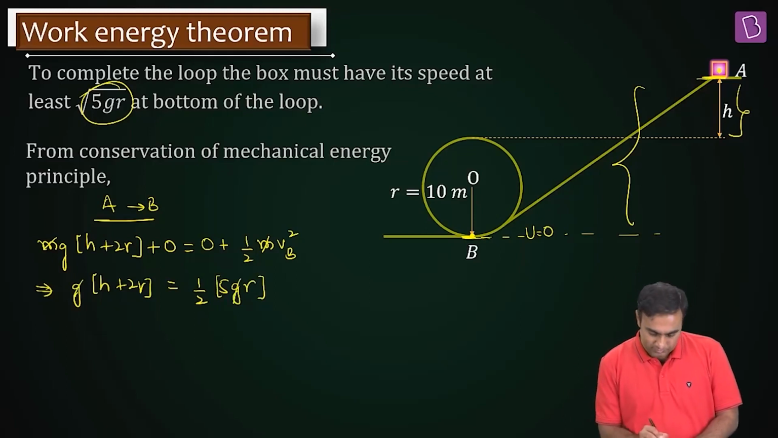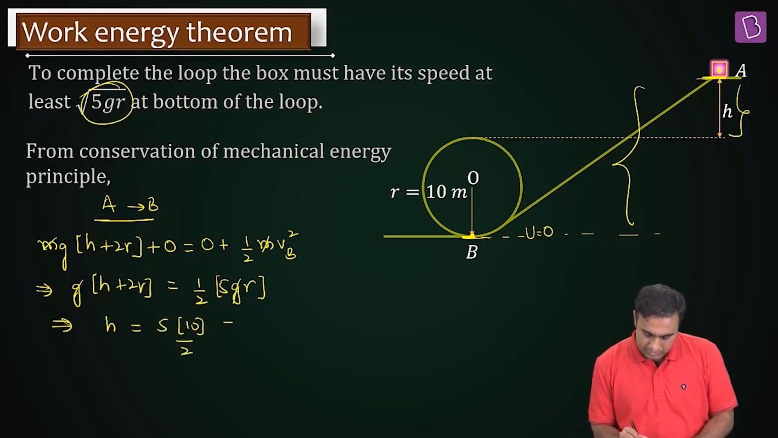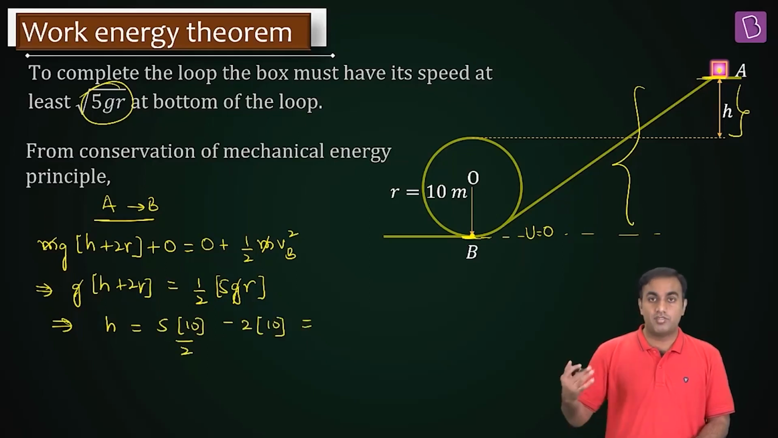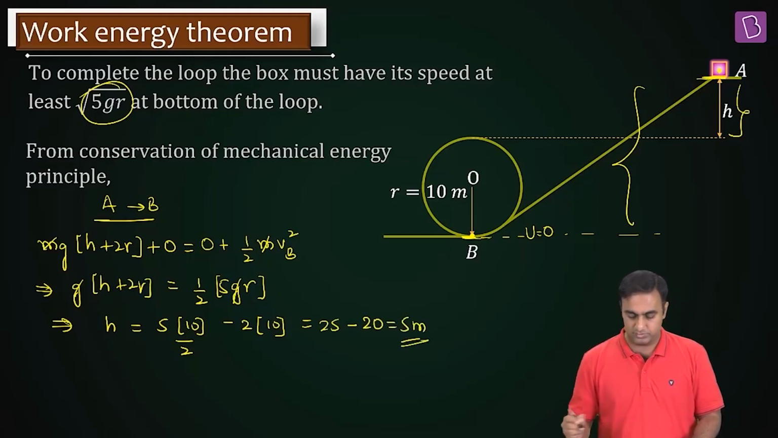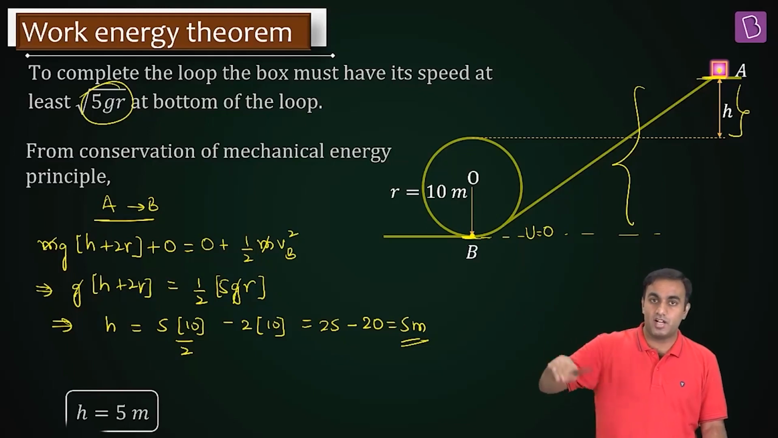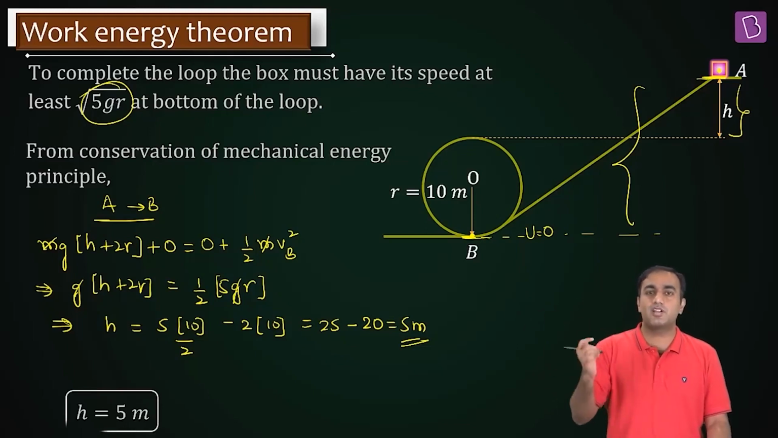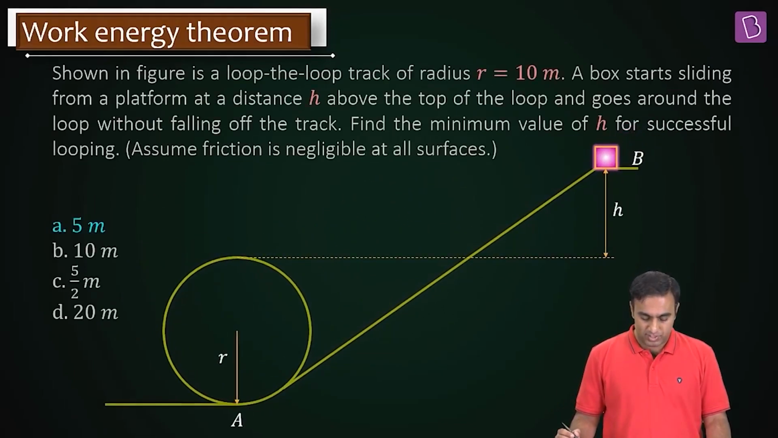Let's simplify. You get h is equal to 5 into 10 by 2 minus 2 times r, where r value is 10. So what is it? 50 by 2, which is 25, minus 2 into 10, which is 20, or 5 meter. So what is the minimum value of h required so that the box can slide down and just complete the vertical circular motion? It is 5 meter. The correct option for this question is A,